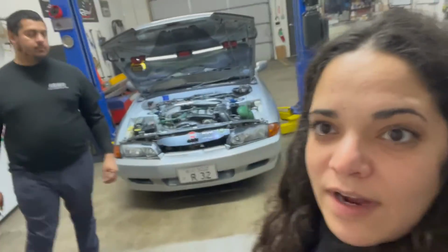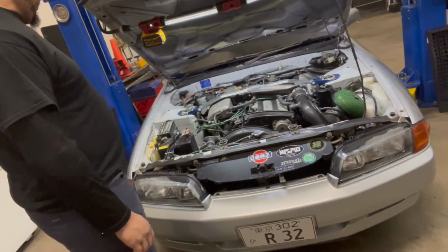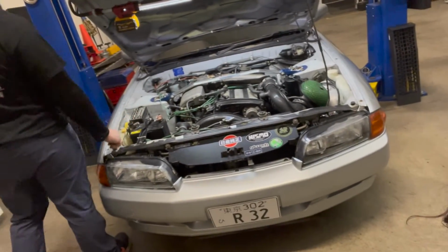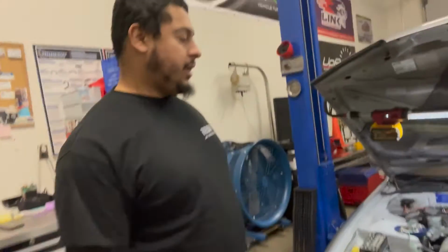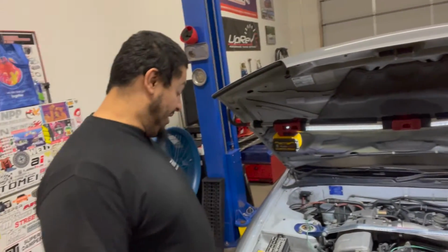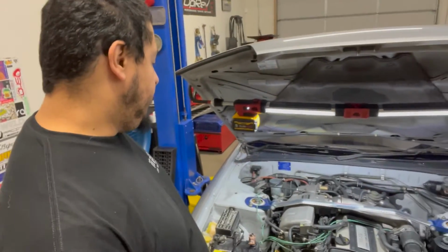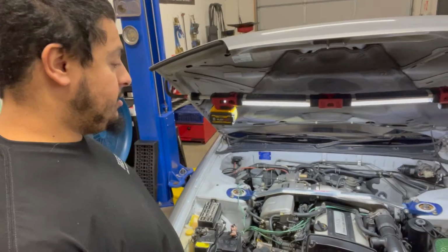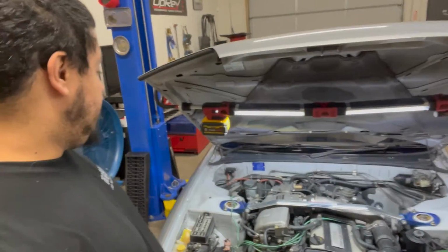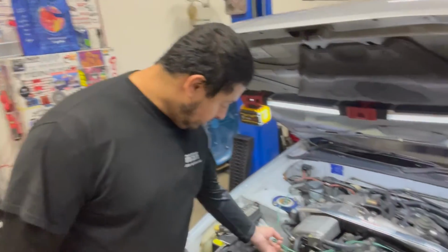Today Dan finally dropped off his R32. And it is pretty bone stock, right? Yeah, I mean, it's all stock. Got a couple parts on it from Japan that we're probably going to take off as they're giving him a couple issues. Outside of that, just looking to do some maintenance, look over the vehicle. He just got it not too long ago, and wants to have it looked at to make sure everything's okay